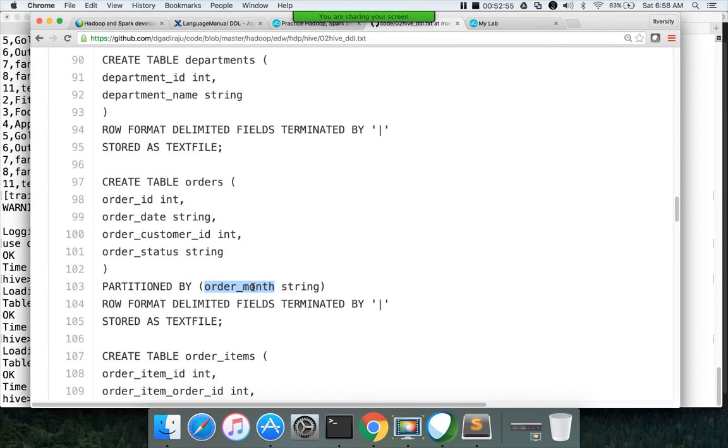The source table in MySQL has only 4 columns in orders, whereas in the target table in HDFS we use all 4 columns and then we also create a column named order_month. So the structure is a little bit different.